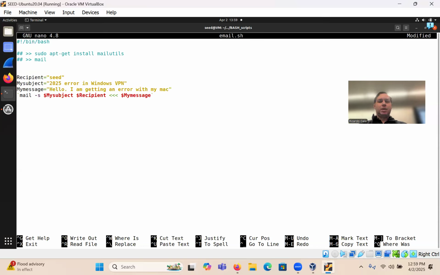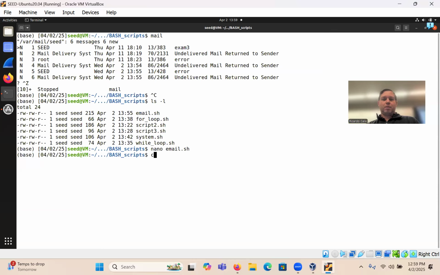Like I said, this is a single, the symbol here in the upper left-hand corner is the symbol next to the one. So like an accent thing, like a single quote, but like this, right? And you have to have that at the end as well, which I have here. Then you do mail dash s, $my subject, $recipient, my message. So control X, Y, clear.